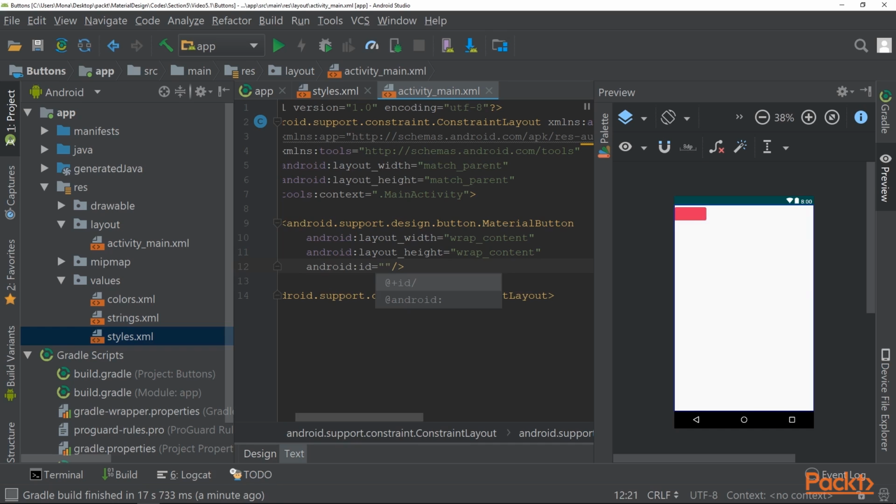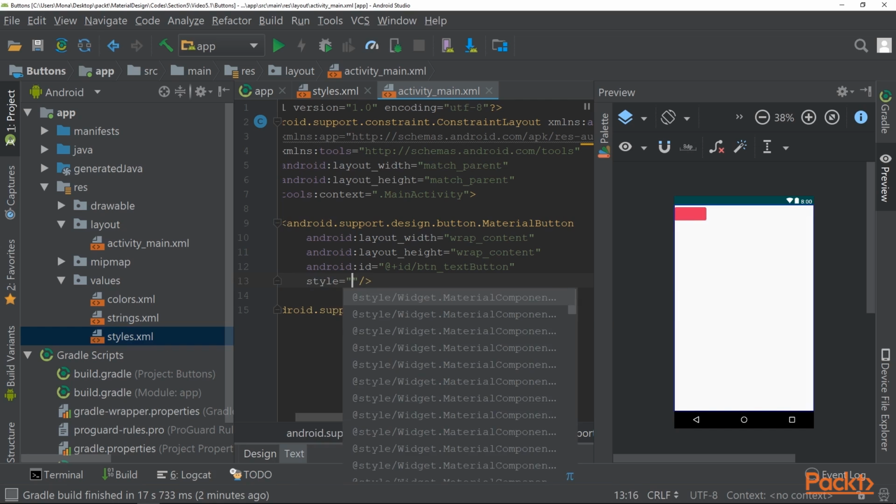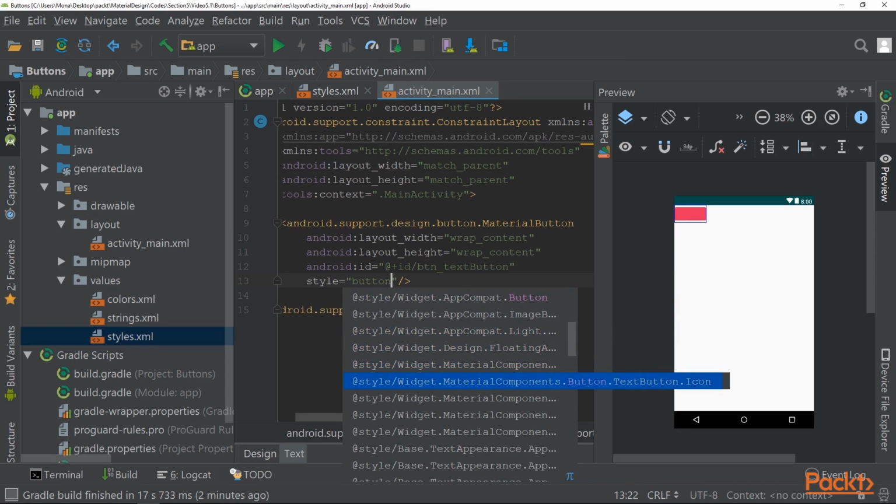I specified this material button and gave it a width and height and also some ID we are going to need. This is going to be a text button. Then this is a basic button, and I'll implement a style and inherit from material components and buttons. There are different styles like button, text button, icon. I choose this